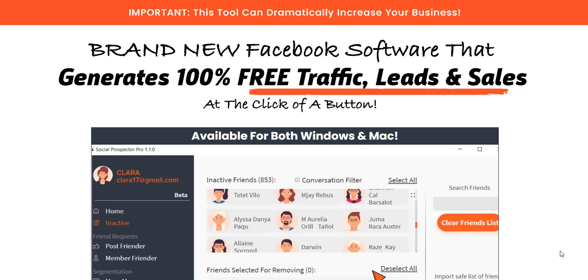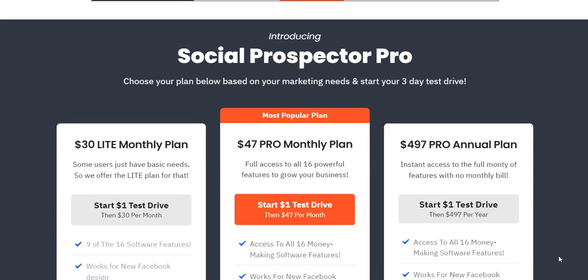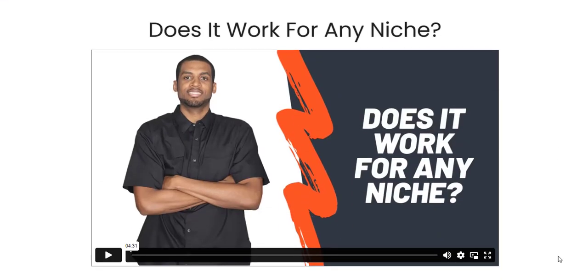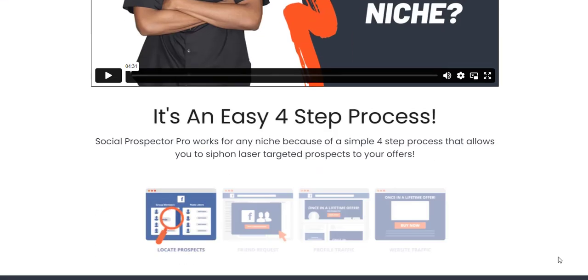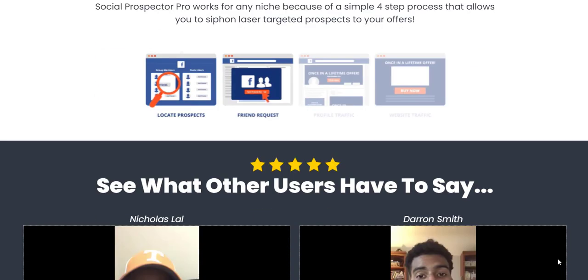In the evolving landscape of digital marketing, staying ahead of the curve means leveraging tools that maximize efficiency and results. One such tool making waves in the affiliate marketing world is Social Prospector Pro. This innovative software promises to revolutionize how marketers approach Facebook, transforming it into a powerful lead generation machine without the